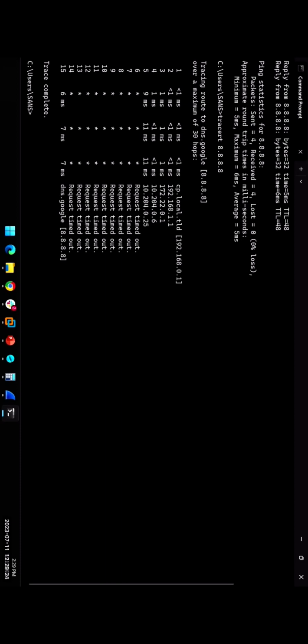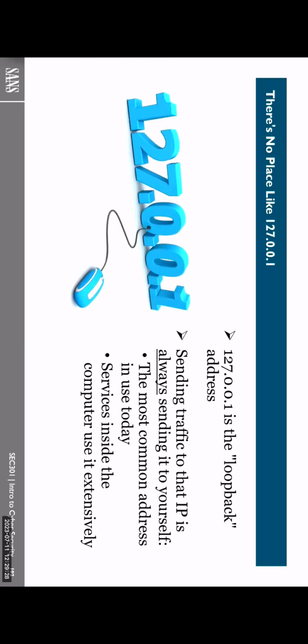Let's now talk about this special address. Rennie wanted to talk about this address. Let's talk about the loopback address. The loopback address is a special IP address that doesn't route anywhere because the IP address for the loopback is